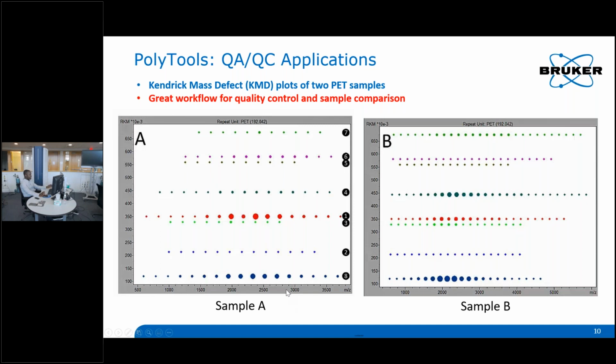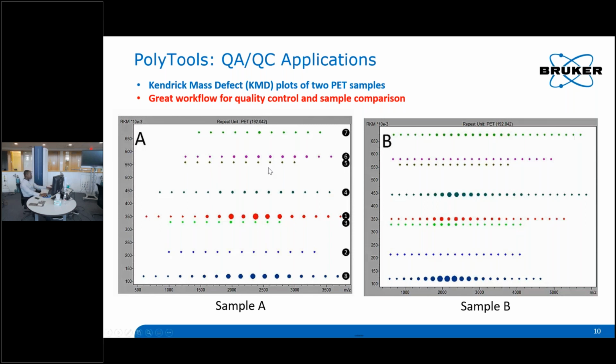One was basically manufactured to hold cold drinks. The other one was manufactured to hold hot drinks, cold and hot drinks. But both of them are PET samples, basically. And by just looking at the mass spectra, they have the same series, they have the same N groups. So there's really nothing to tell that would be different, the same